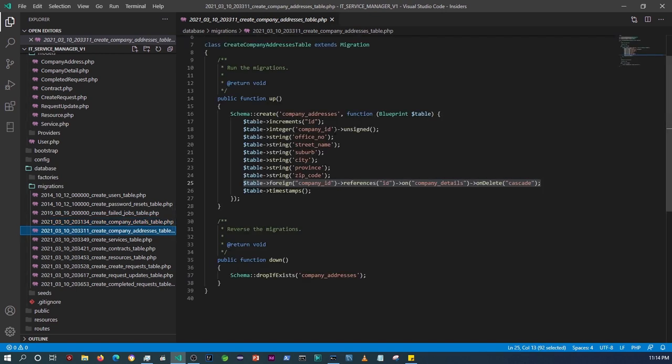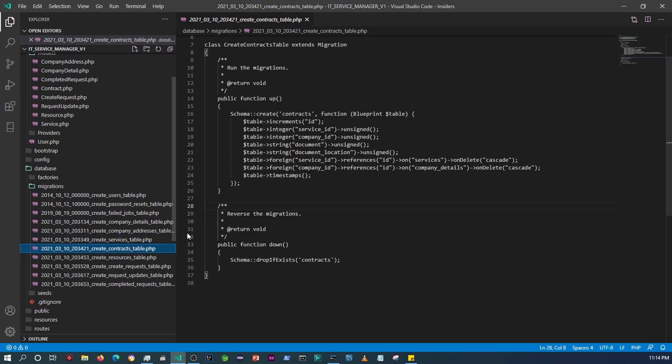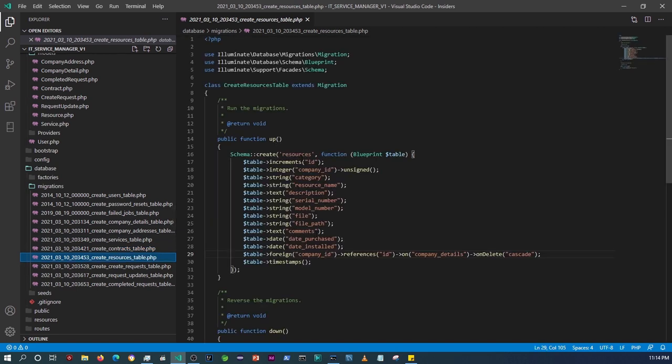And then the company ID, unsigned, that's correct as well. Services, we don't need anything here except that. Contracts, integer, unsigned, correct. Resources table, the only foreign key is that. That should be fine. Company ID,